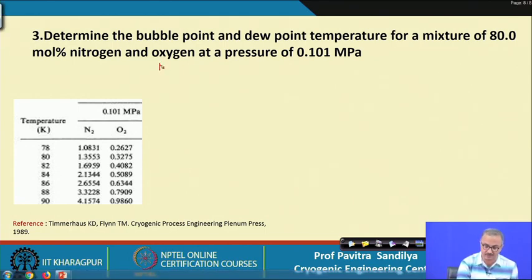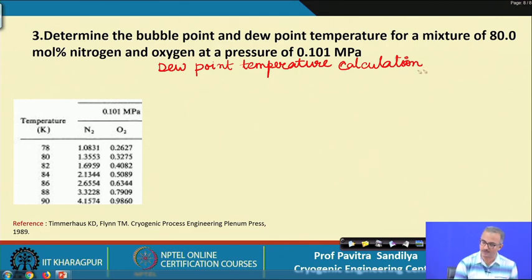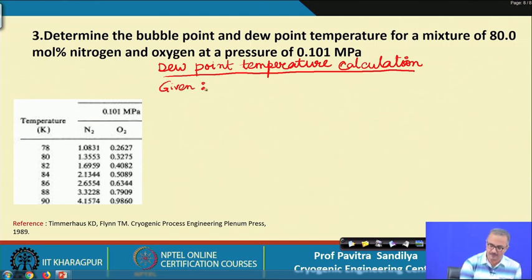So, let us start with the dew point temperature calculation. Now, in this, what we are given is the pressure,